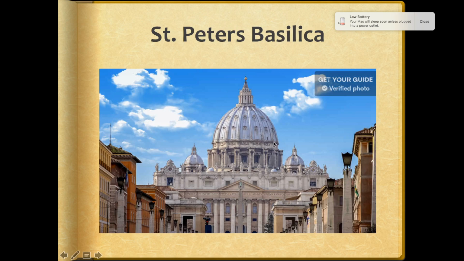And again, none other than Michelangelo had a big hand in helping design that dome shape. He obviously didn't do it all himself. That's impossible, but he did have a hand in creating it and helped build it. Unfortunately, he died before it was completed, so he never got to see it. But nonetheless, it was there with the help of Michelangelo. And of course, it's right in the middle of Vatican City.